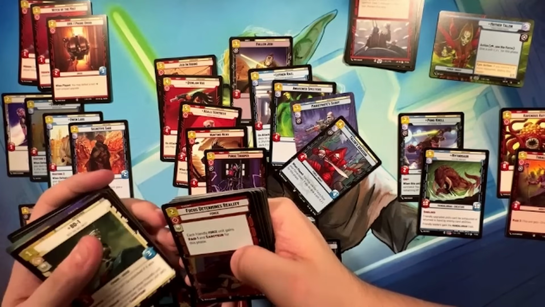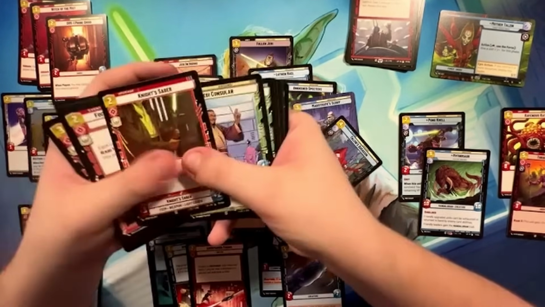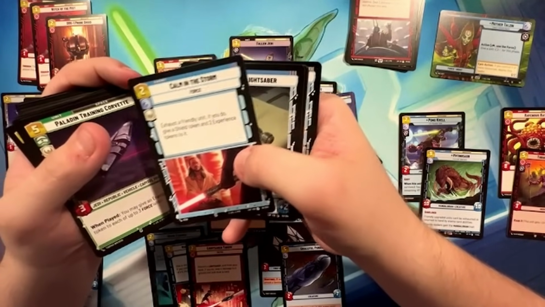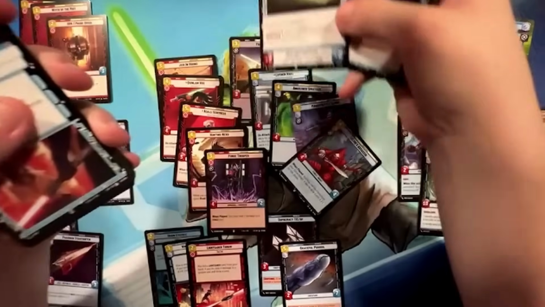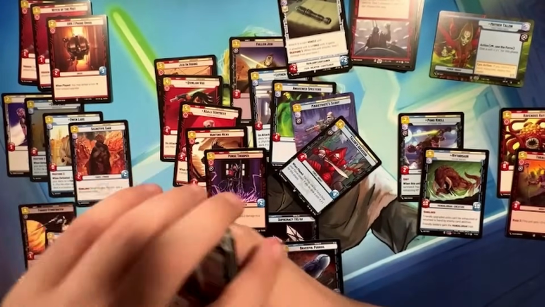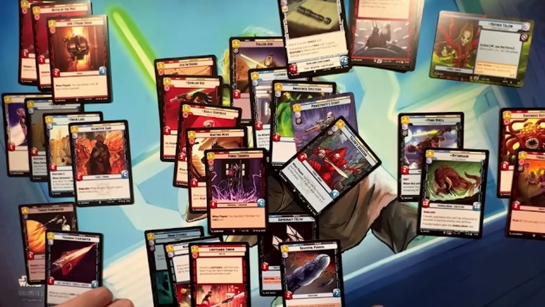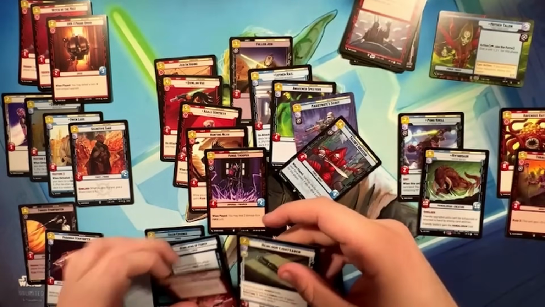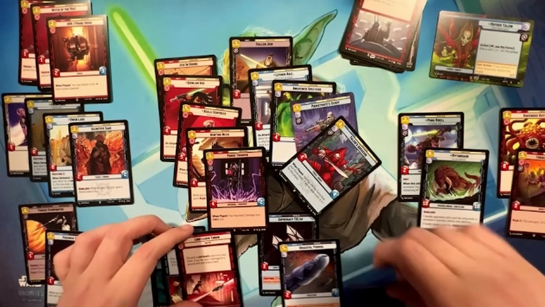That looks good. Knight, focus attention, Knight Saber, Consular. Heirloom Lightsaber. Fortunately, lightsaber throw probably also isn't going to be included because it looks like we only have one. That's kind of